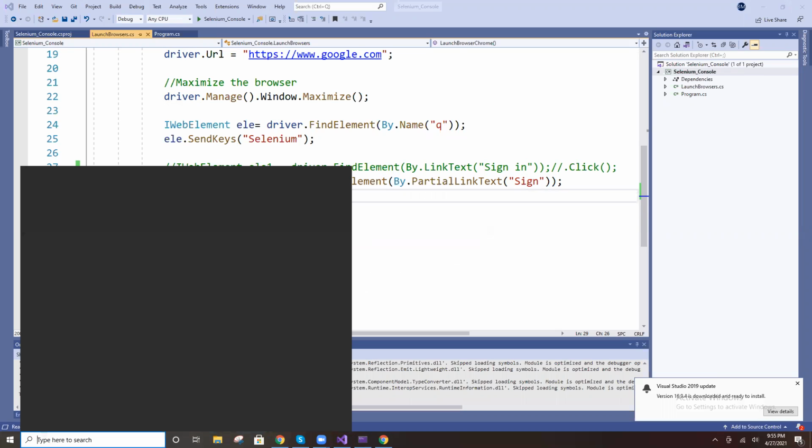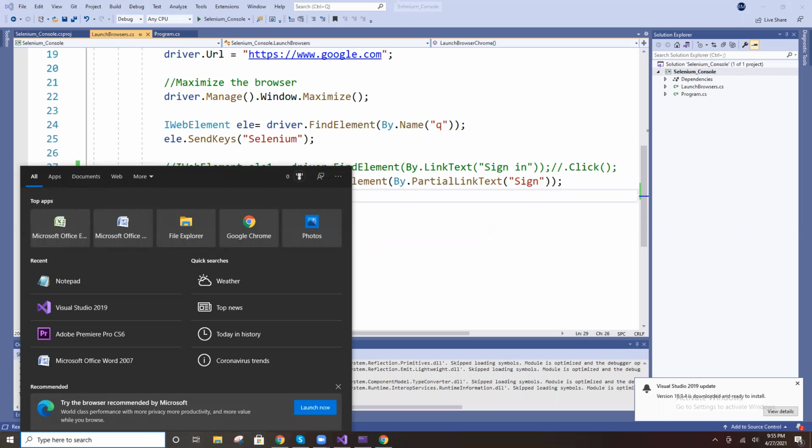We identify locators, right? We wrote one note, right? Where is that note? I think I saved it somewhere.